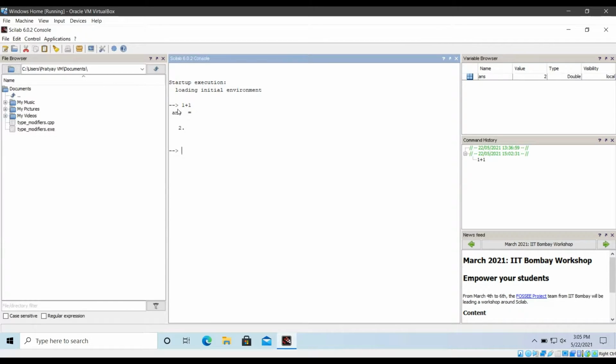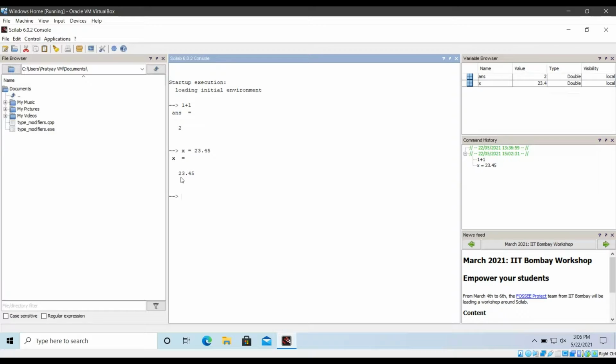You can see it has executed line by line. In a similar way, if we want to declare a variable, it's very simple. Suppose I'm declaring x as a variable and assigning some value to x, suppose 23.45. If I press enter, you can see the value of x is 23.4 and it is of type double. This is how the console works in Scilab, and you can make the most out of it. As a beginner, you can write some statements here, execute them and see how it works.